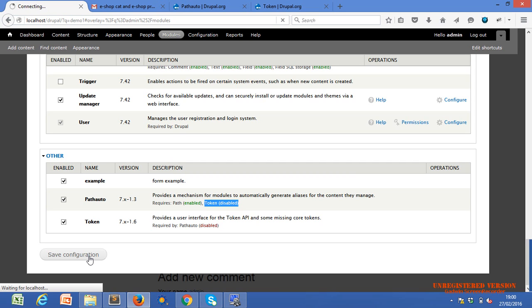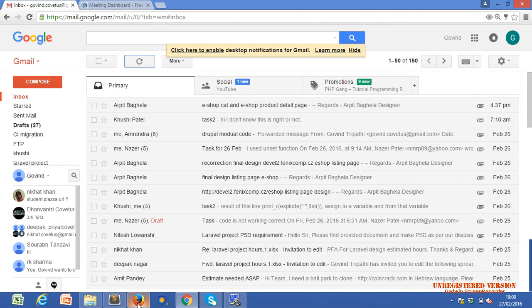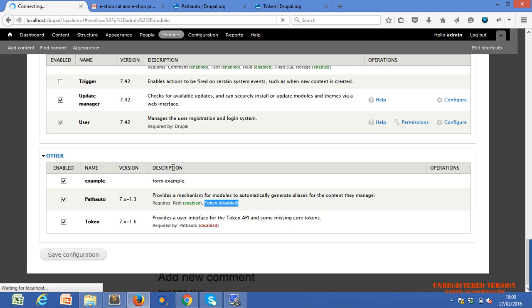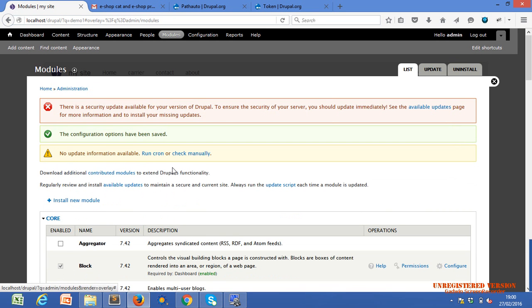It takes time. You have to clear the cache. Why do we clear the cache?